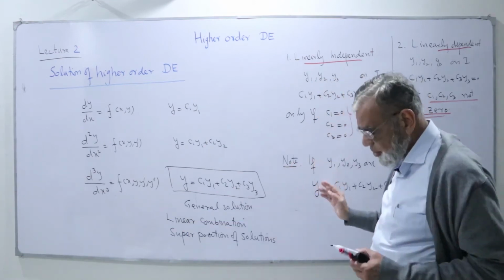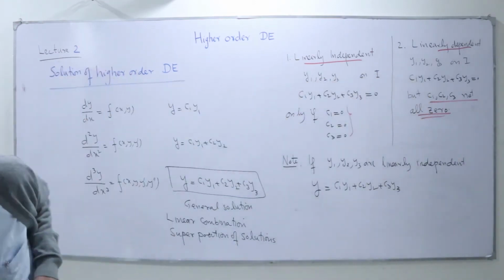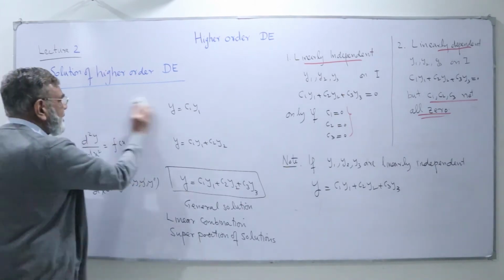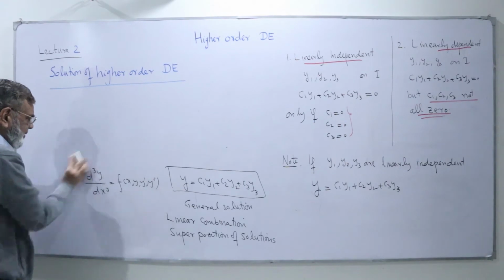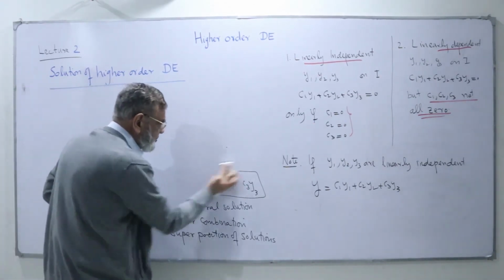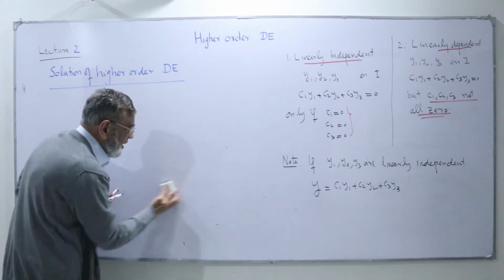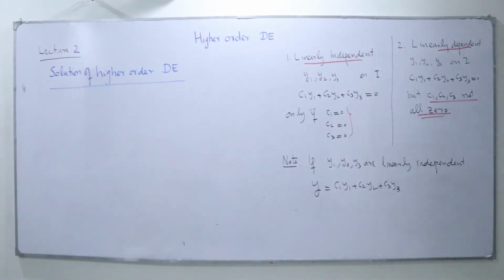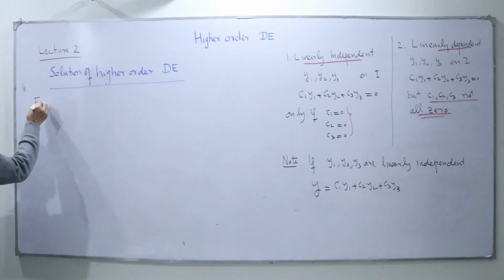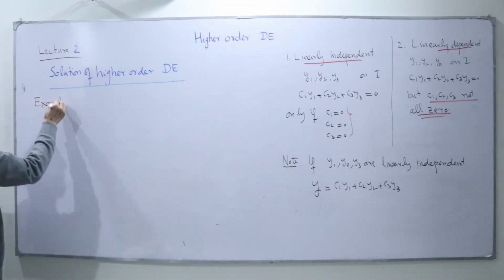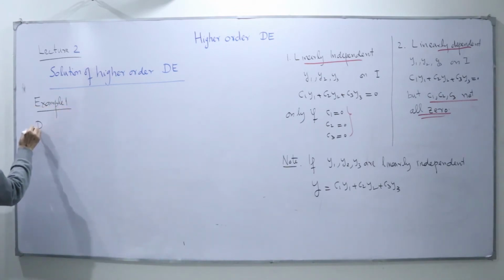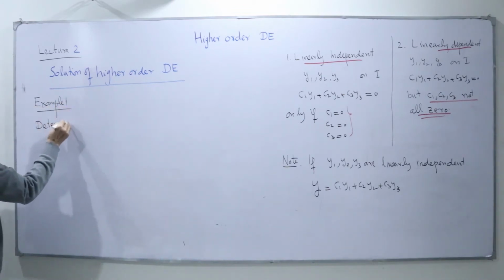So next, I want to show you how we can say that functions are linearly independent or linearly dependent. I will try to explain with the help of an example, because for the general solution it is absolutely important that we know whether the equations are linearly independent or linearly dependent. So here is Example 1: determine whether